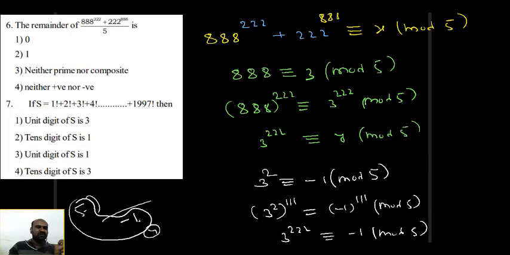Therefore, the remainder is 0. Now let us identify the answers. Okay, students, listen. 0 is neither prime nor composite. The definition of prime applies only to numbers greater than 1; a number greater than 1 is said to be prime or composite. That's why I can't take option C. And neither positive nor negative I can take, since 0 is an integer only. So my answer is 1 and 4.